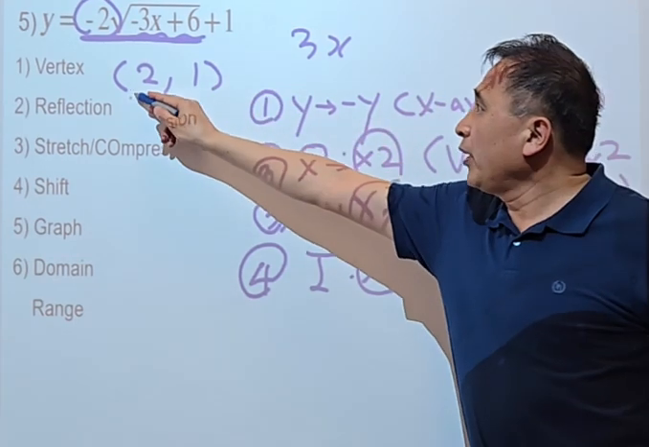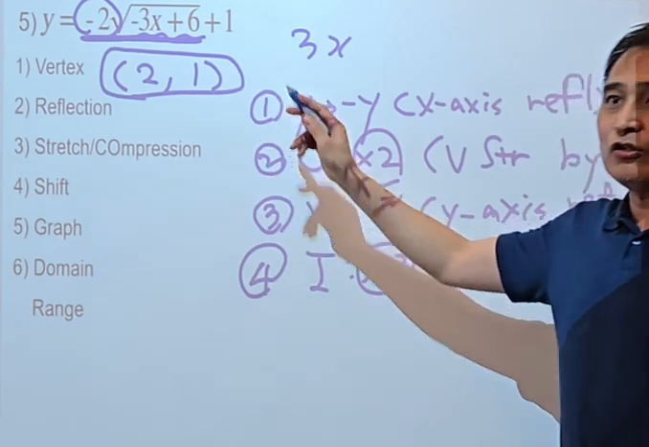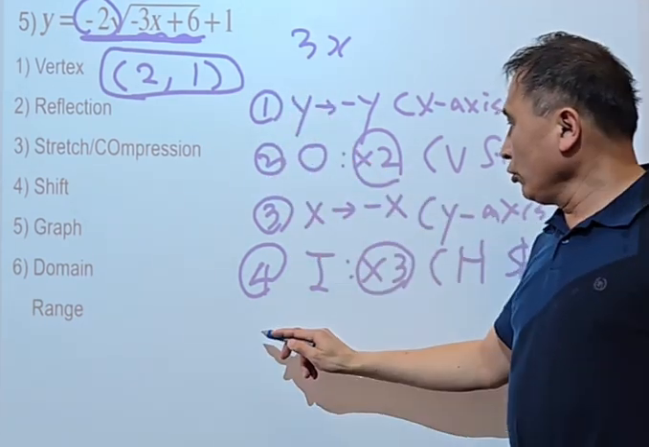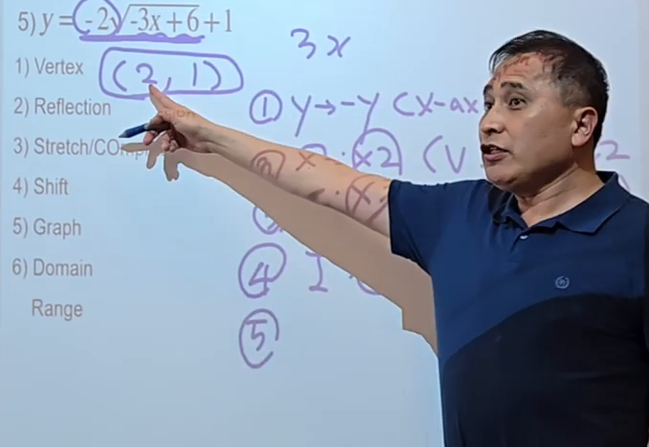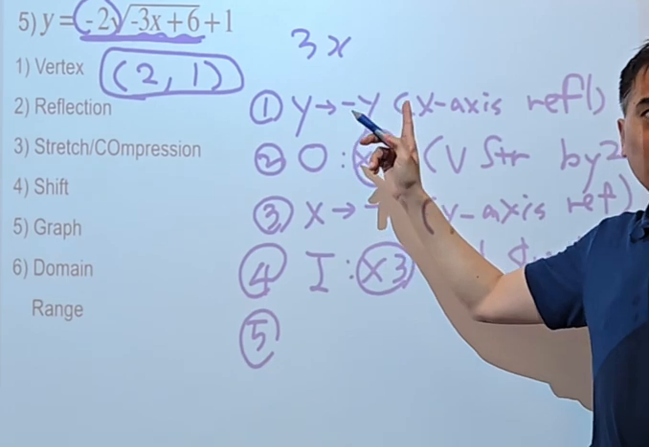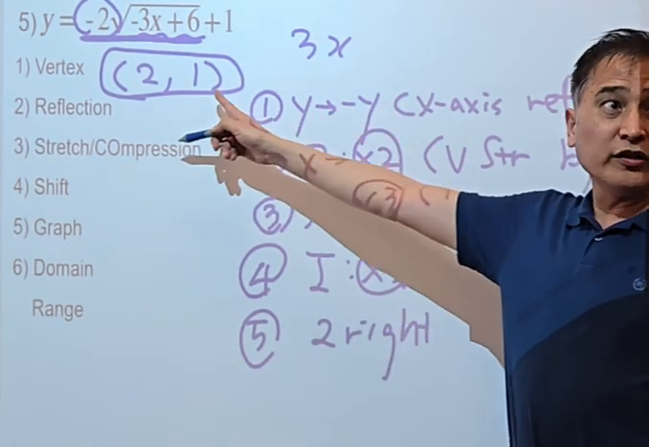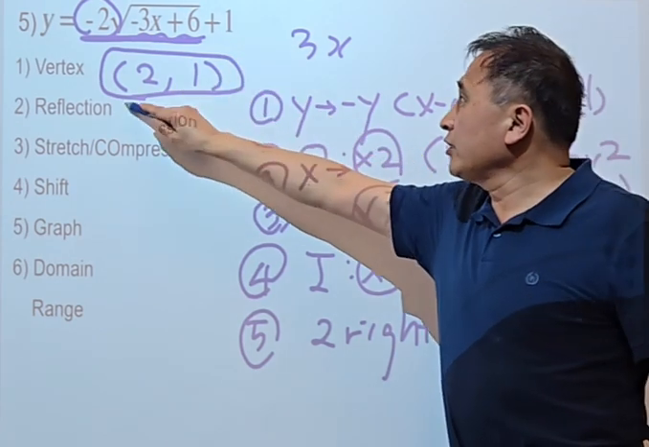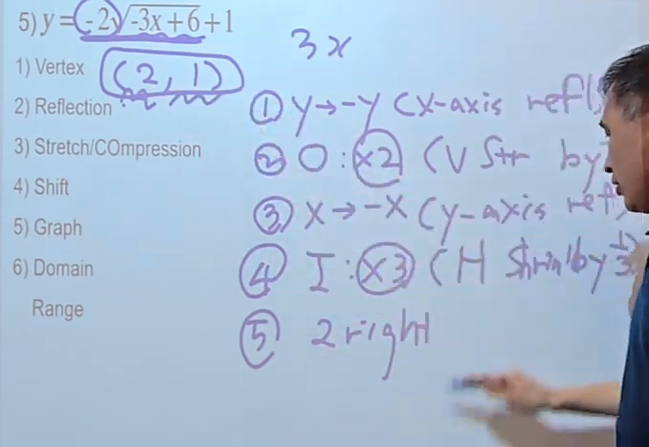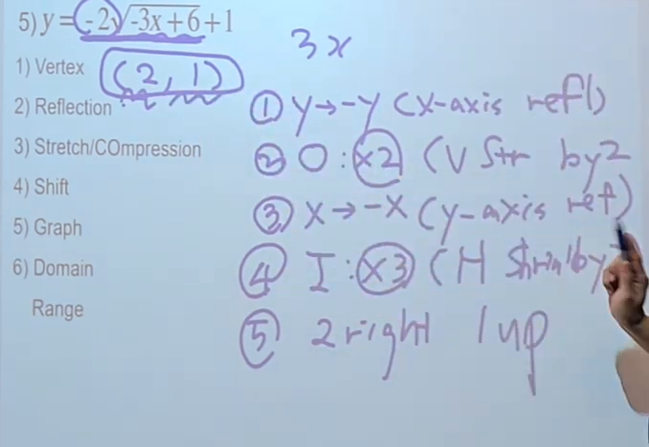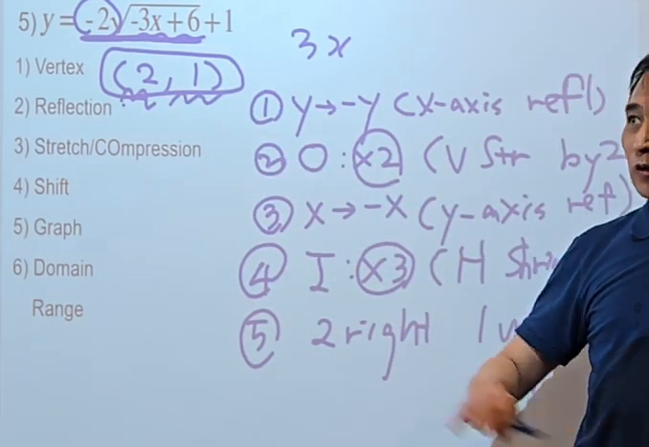And we did the vertex now. Translation, you can do that with the vertex. 2 means 2 to the right. Okay? 2 right and 1 up. This is horizontal, this is vertical. So 1 up. Everybody got it? Okay, so